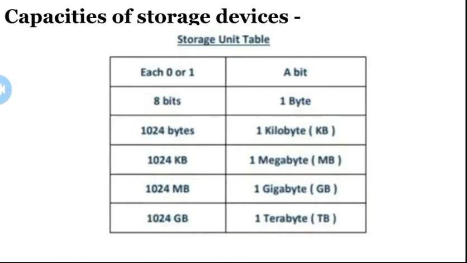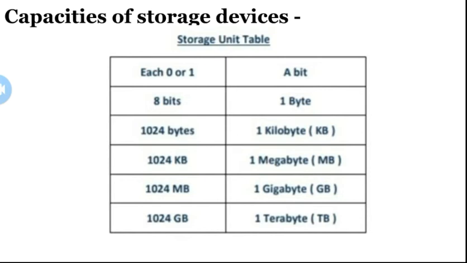Clear, students? Now, capacities of storage devices. Students, I would like to tell you one more thing. For understanding, for learning something, we are using different languages like English, Hindi, Sanskrit, or some local languages. Same as this, the computer also understands only machine language, that is in the form of 0 and 1, where 0 means off and 1 means on. What are binary digits? A computer understands only the binary language, which consists of binary digits. Already I explained 0 and 1 are called binary digits.